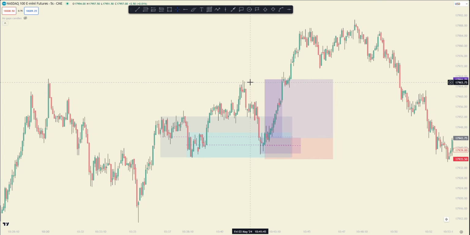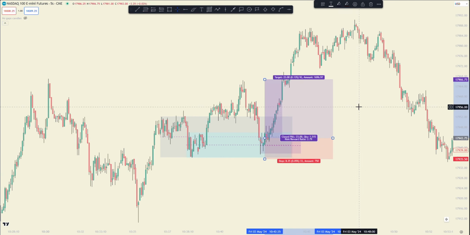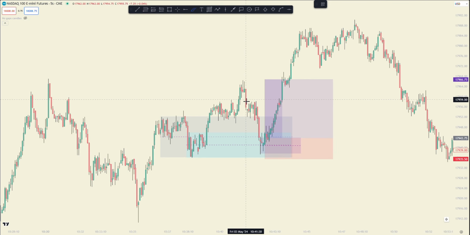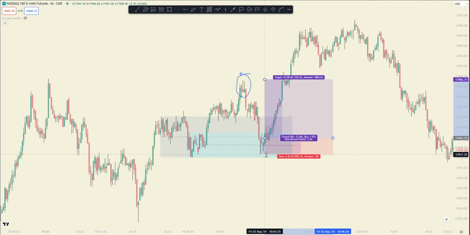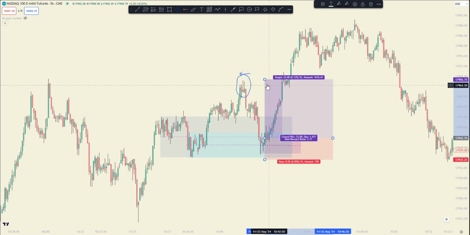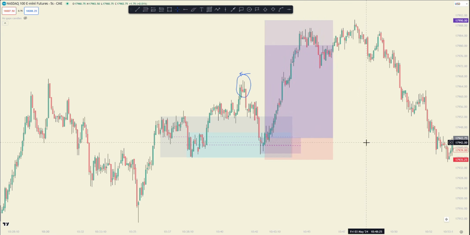All right, so here's another example of how we're going to trail our stop loss. So again, we're inside of our zone that we're looking to trade from. We're inside the subzone, which would be the origin here. It forms that valid low. So once it occurs, we take the long and we cover the low of the zone. Now, in this scenario, you can see that the high that brought that low is all the way up here, is this one right here. So in this scenario, we would not be able to move our stop at all if this is what we were targeting. Now, if we were targeting something way up here, then when price closes here, then we can only